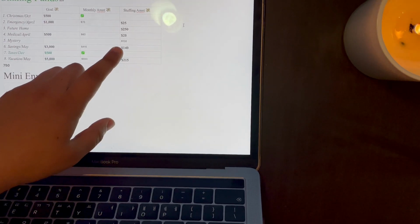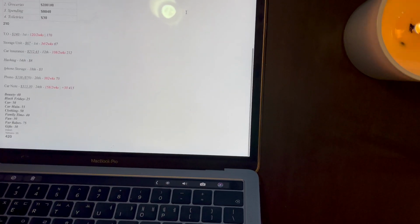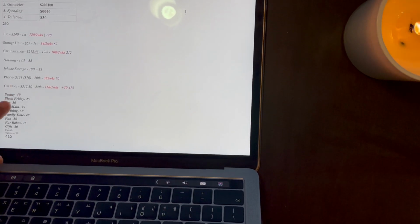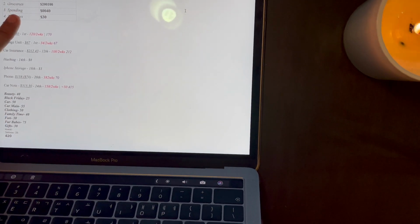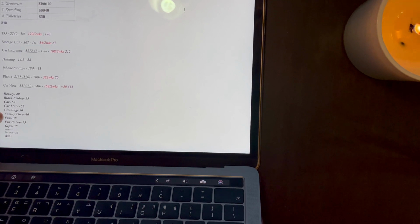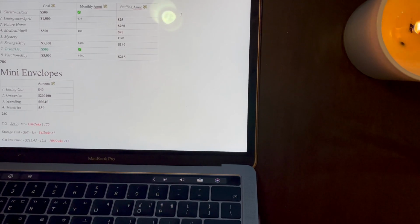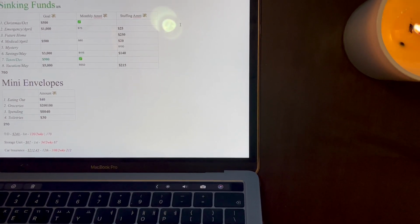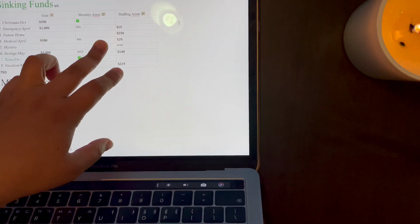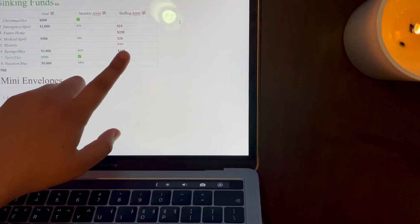So what I do is I will list down everything else that's getting stuffed. I will obviously also go through my cash binder expenses first. I'll do all of this first. I do my mini envelopes first, and then I calculate my cash binders, which is this right here. This is all of my bill information. And right up here, I do my sinking funds last, and whatever is left over after I have noted everything that has a set amount, that's when I can go ahead and play around with the numbers and decide, okay,